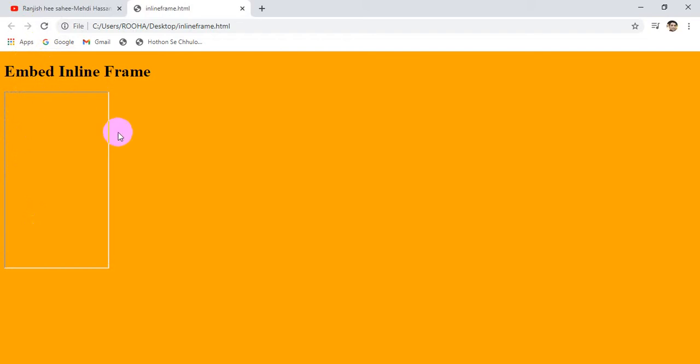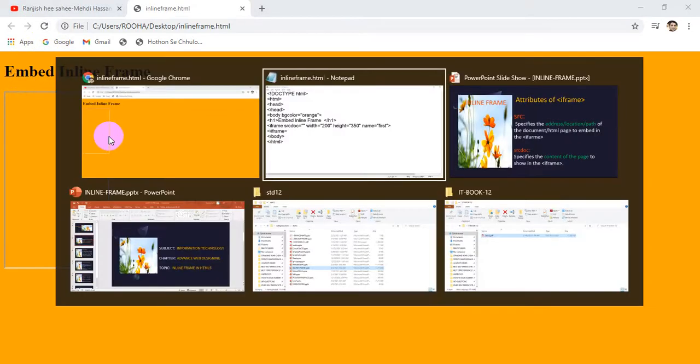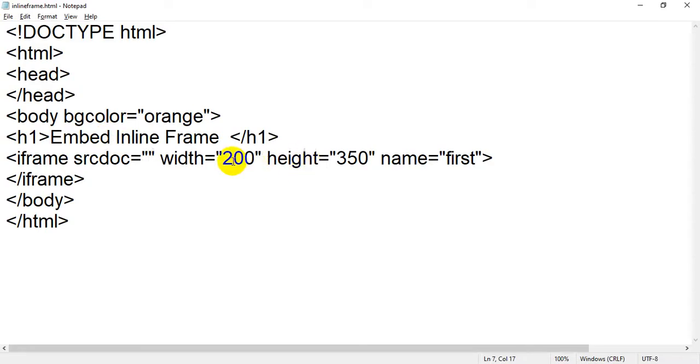Because you have used the iframe tag, and you have used width and height. If I resize the width, when you refresh again, this is your inline frame. But you are not getting any page, you have not embedded any HTML page.